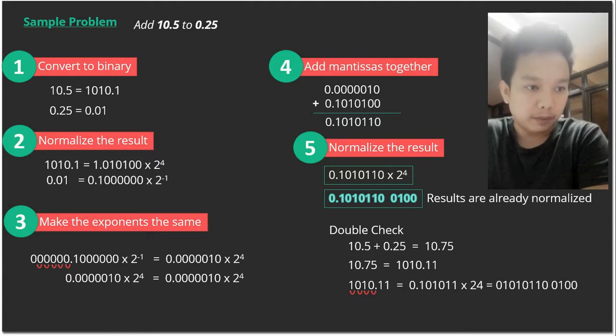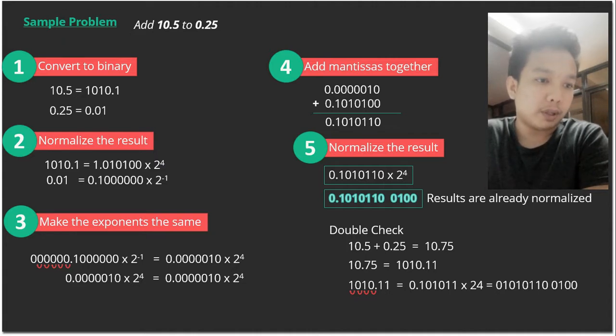In decimal, if you add 10.5 plus 0.25, it will be equal to 10.75. And convert it to binary, 10.75 is equal to 1010.11. Normalizing the results will give us 0.101011